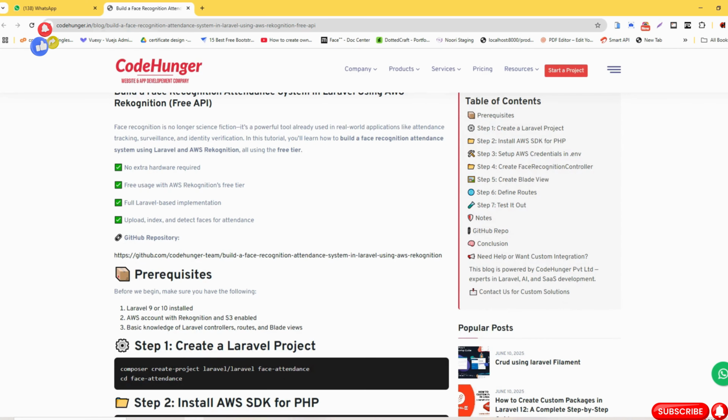So the first thing is you definitely need your API key. To get the key, just register on AWS and collect all those keys, and from then you can start doing